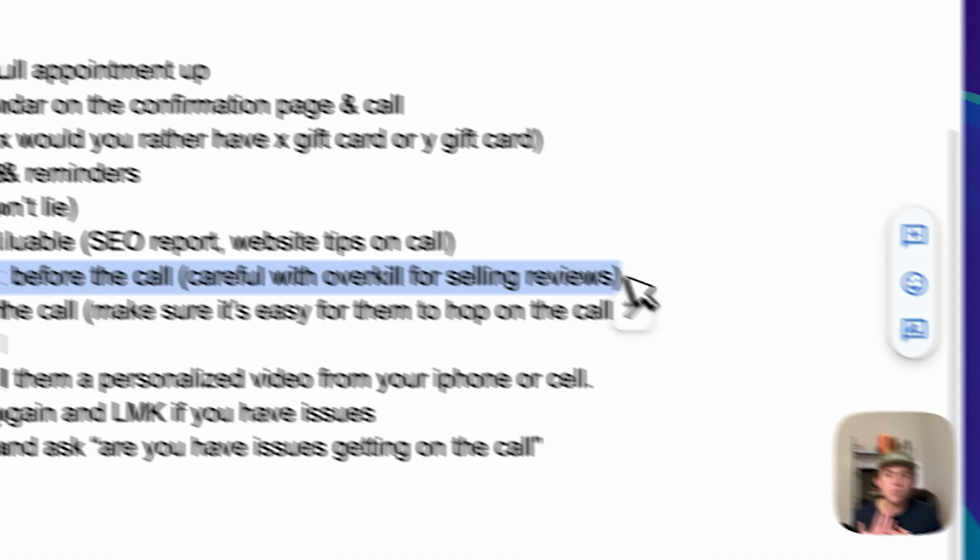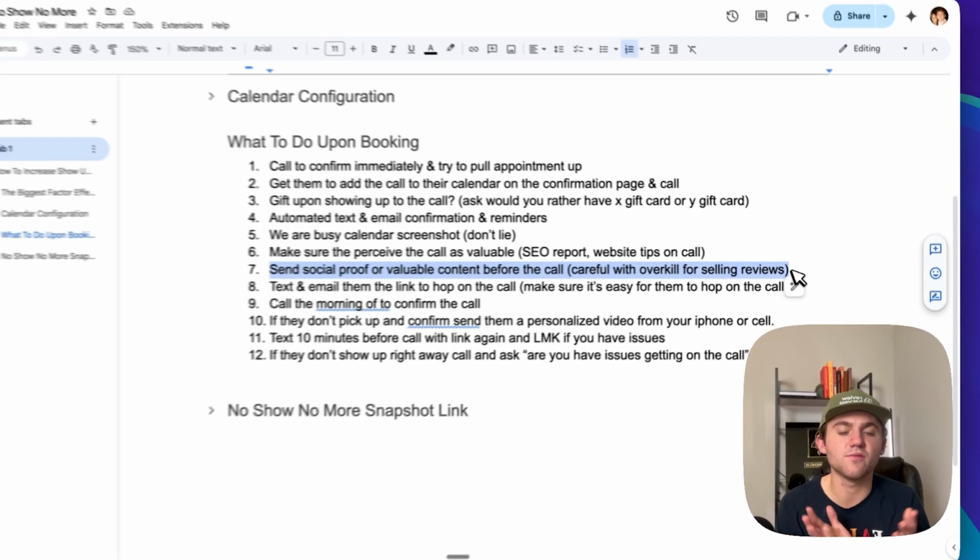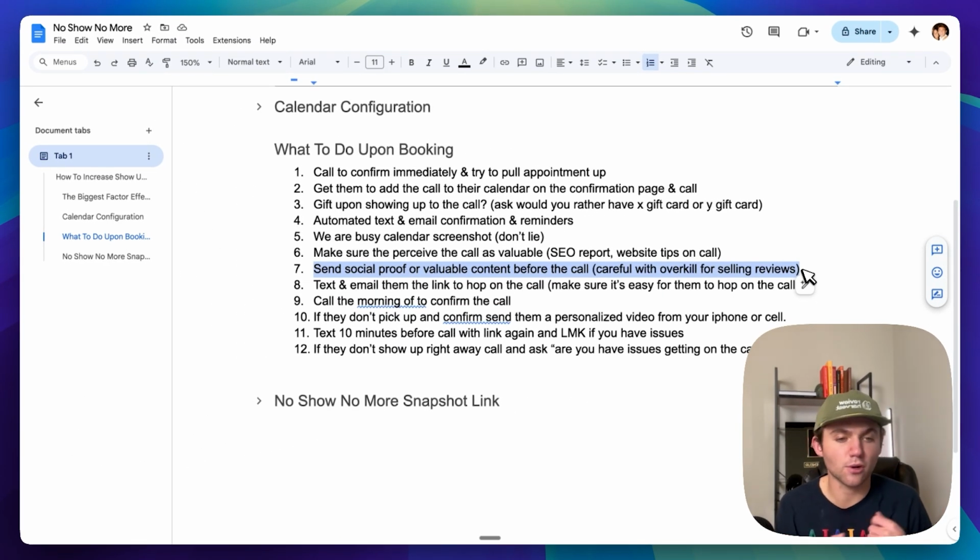So the seventh thing is send social proof or some valuable content before the call in your reminder emails or in your texts. I help local business owners get Google reviews, and so it's not a super crazy sales process. It's like, yeah, we want to sign up for a free trial. So I do think that I kind of went too heavy on this at once, where people are like, dude,